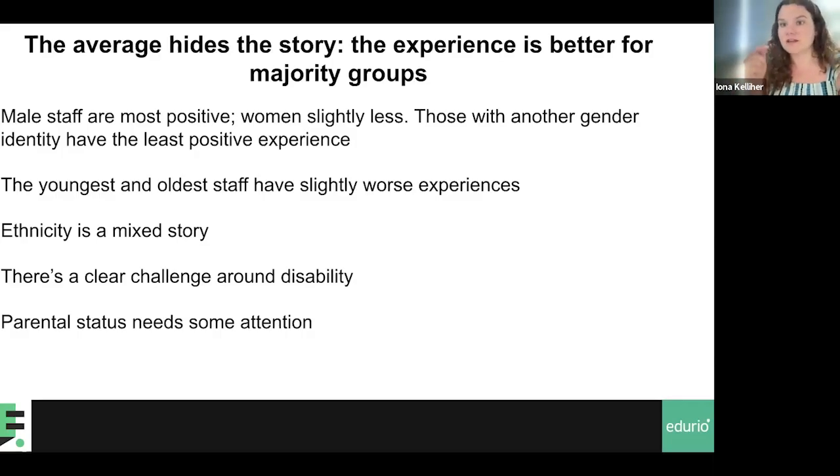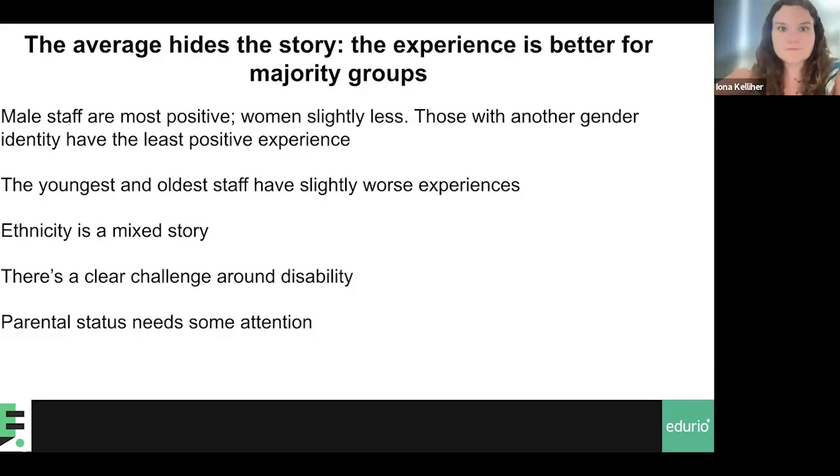Obviously, this is different when we're talking about things which aren't. So if we look at gender, there is a more even split between the proportion of men and women in the overall population at schools. Actually, the more marginalized group of women is usually outnumbering the more advantaged group of men. But then you have the compounding issue of those with another gender identity, who are much less represented in large scale data like this, because it is comparatively such a small group, but are having the worst experience of those